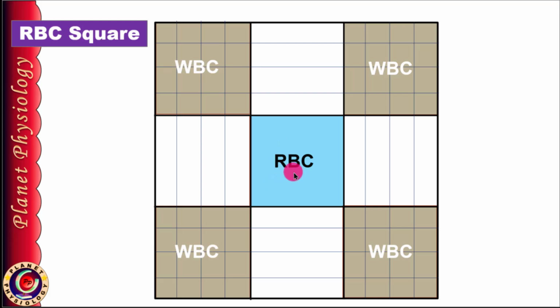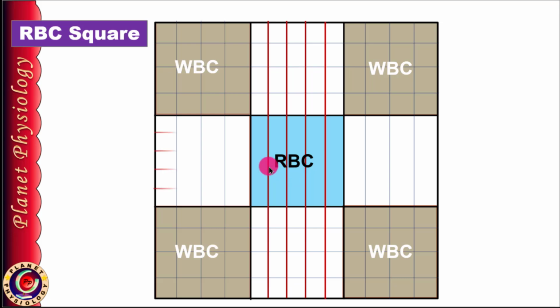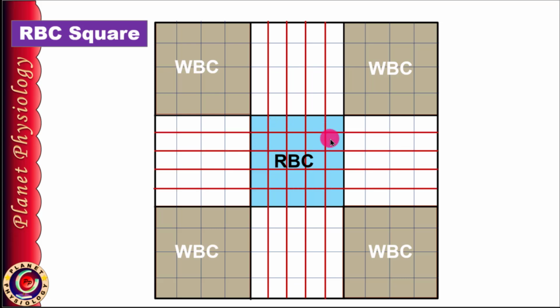This area is further subdivided to make the counting easier. However, note that these divisions differ from those of WBC squares, so pay attention. The RBC square is divided into 25 medium squares. These are outlined by triple lines for easy identification.